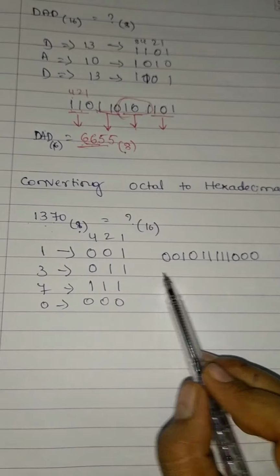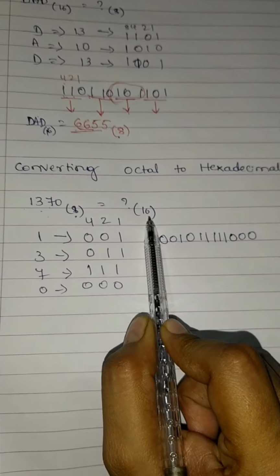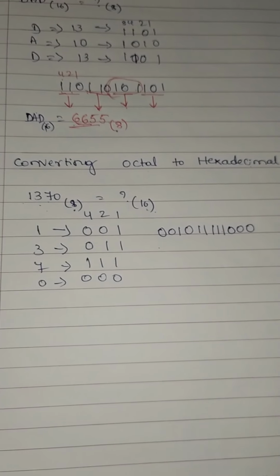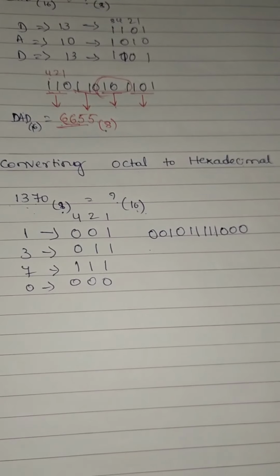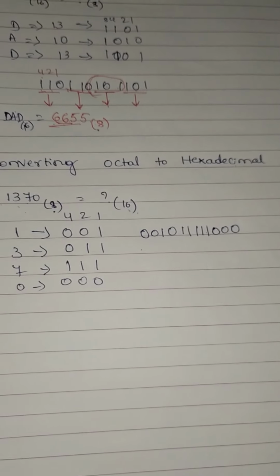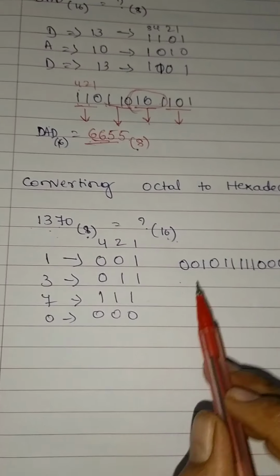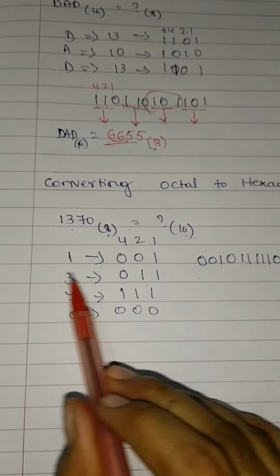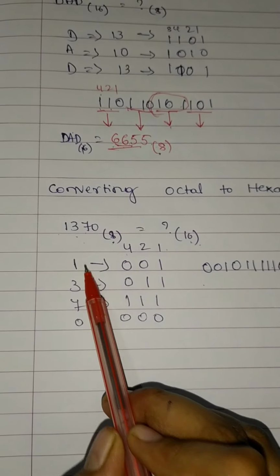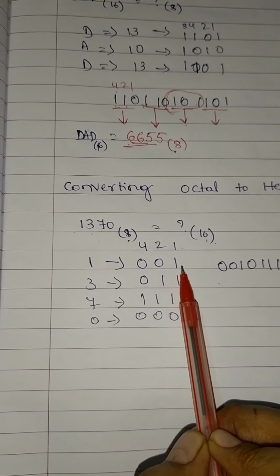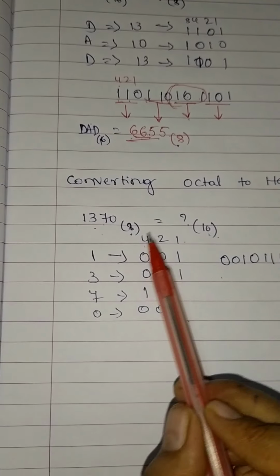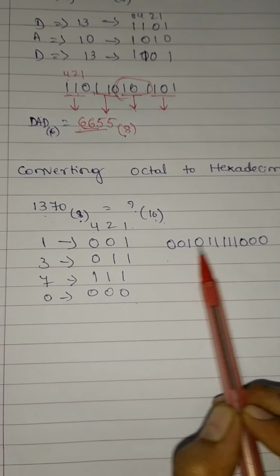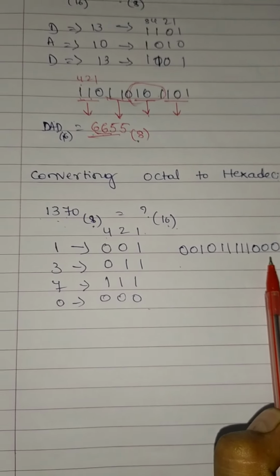But this number needs to be converted into hexadecimal. So we divide the obtained binary number into groups of 4 bits. Then we obtain the hexadecimal equivalent. First we convert the given octal number into its equivalent binary value. Octal is represented in the 4 2 1 format, and then we combine all the values obtained from the conversion. Then we divide the obtained binary equivalent into groups of 4 digits.